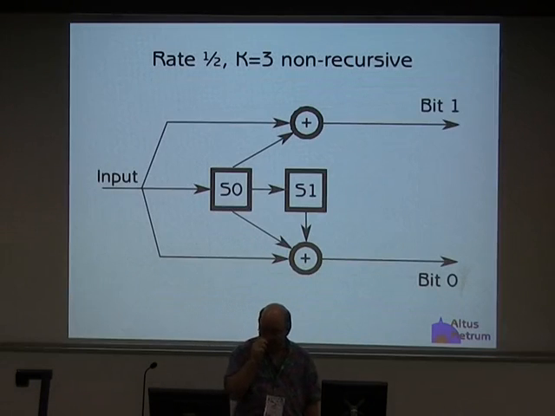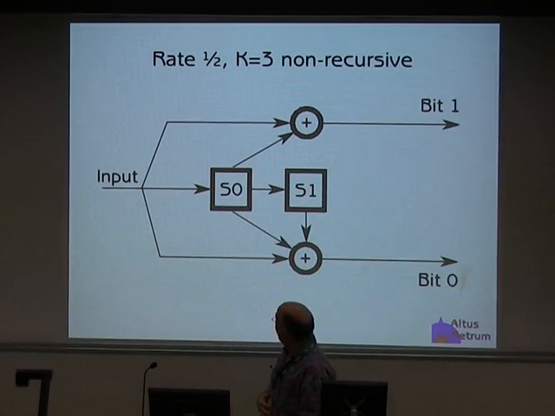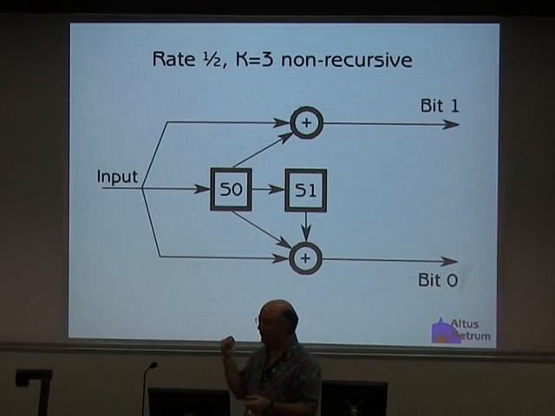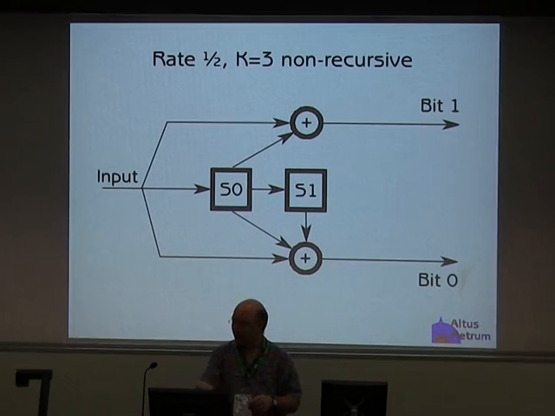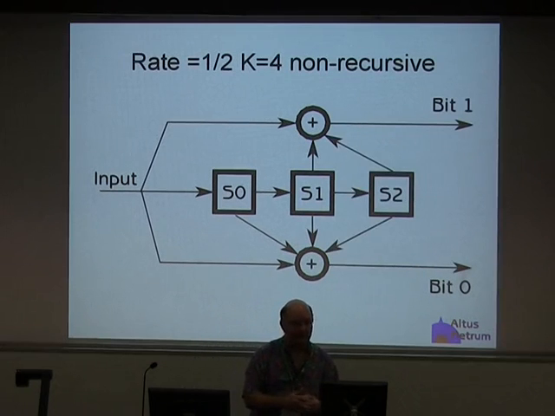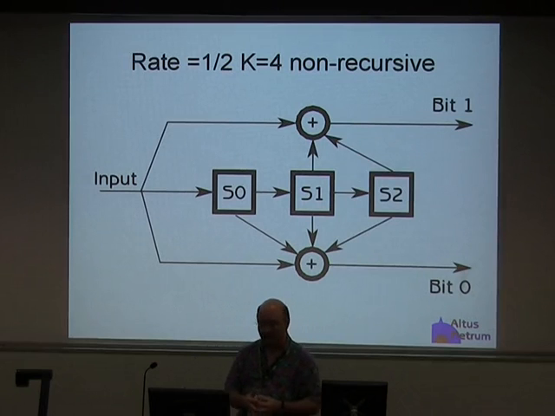Here's how a convolution coder works. S0 and S1 are just little delay boxes, so each saves the previous bit and passes it along. It's just a shift register. You initialize S0 and S1 to 0, push one input bit in, and generate 2 bits out. And then you just wash, rinse, and repeat. After 3 bits go through this encoder, it doesn't have any memory beyond 3 bits, because it only has 2 pieces of memory in the shift register, and then the bits get dumped into the usual bit bucket.